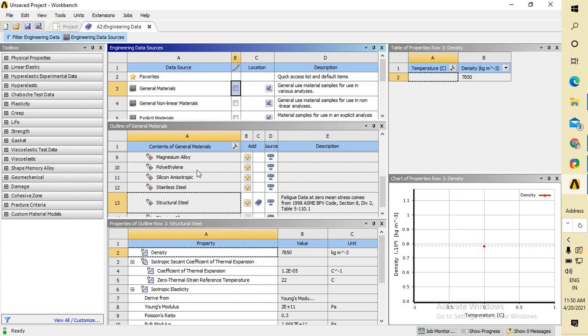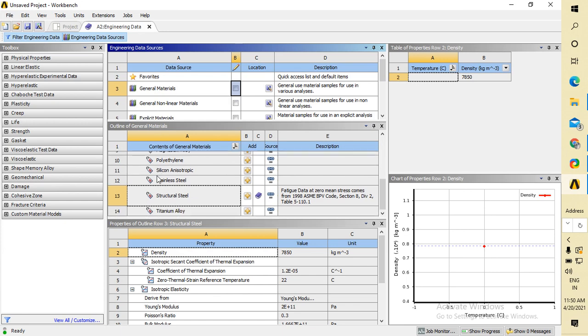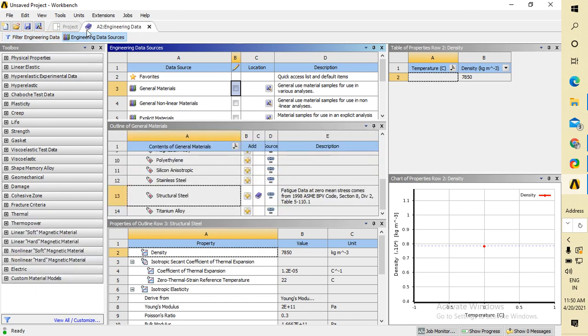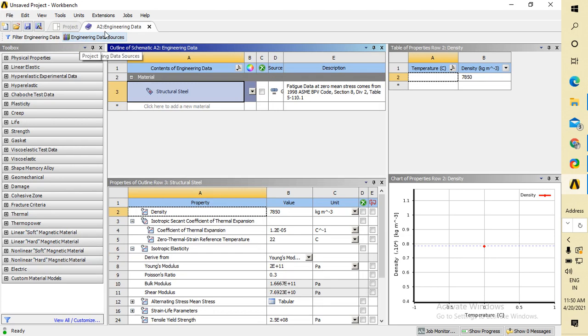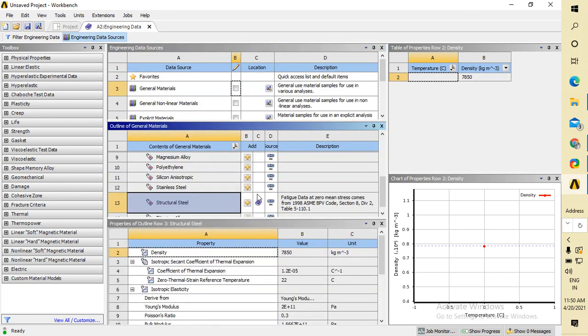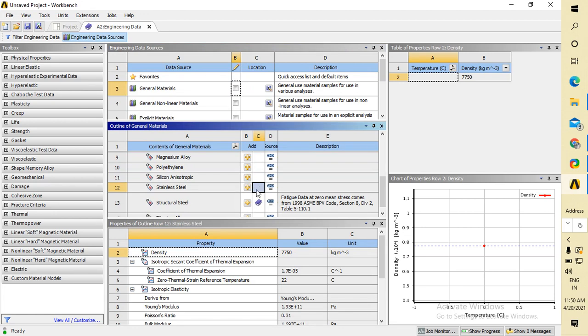Here is the content of general material data, this is the data source and this is the content. If you want your default material shown in the engineering data, you have to go to this area and click here. Like, I would like to select this stainless steel, so by default it will come at this sign.